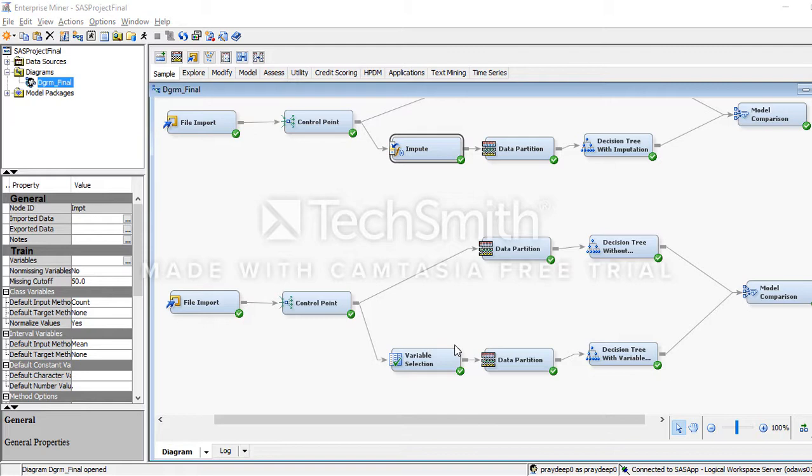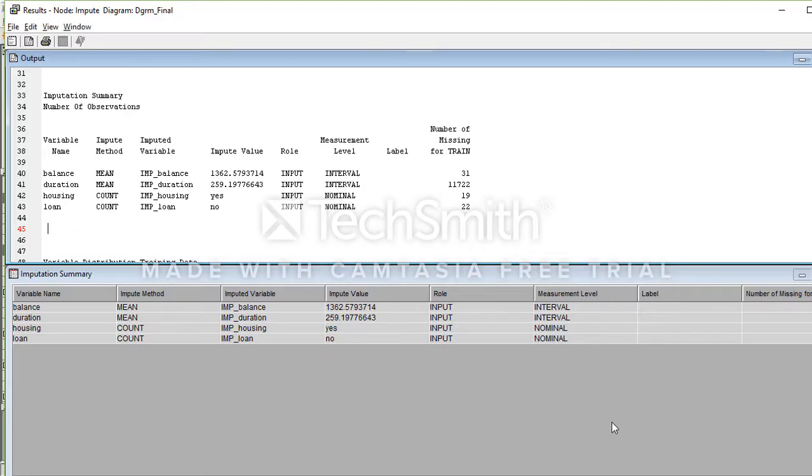If you go to the results of the impute block, you can see that we have 4 variables with missing data. We have 4 variables, that is balance, duration, housing and loan. The impute method for housing and loan is count, and for balance and duration is mean. The mean method is for numerical variables. We compute the mean of the entire variable and assign this mean value in place of the missing data. The count method is for the nominal variables. In this method, we take the count of the entire variable and the one with the highest count is assigned